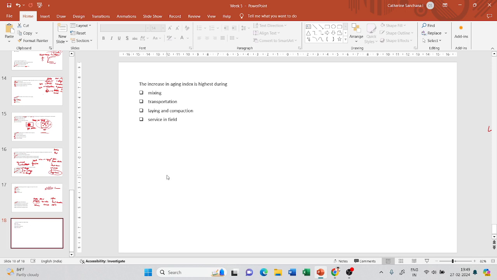The increase in aging index is highest during mixing. We saw a few minutes back, right, that during mixing the increase in aging index is the highest, and then it gradually increases. Okay, so yeah,